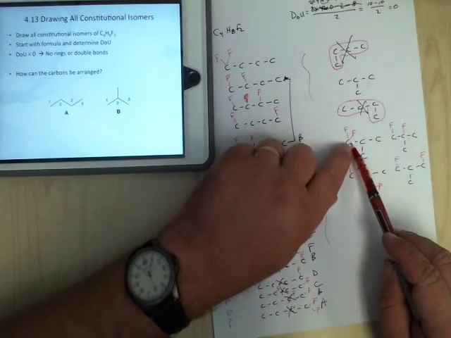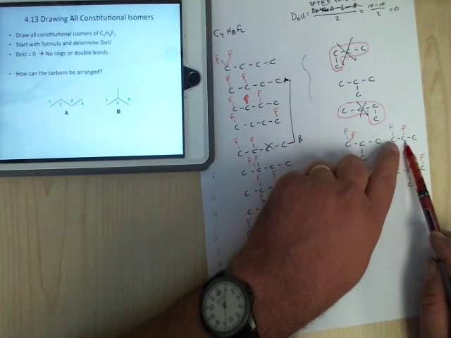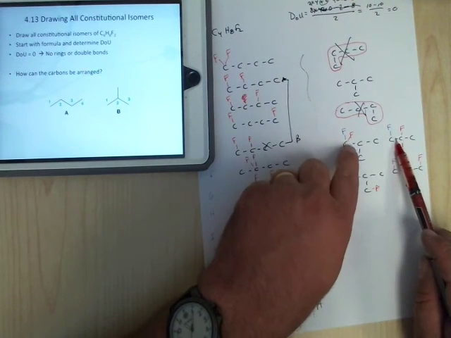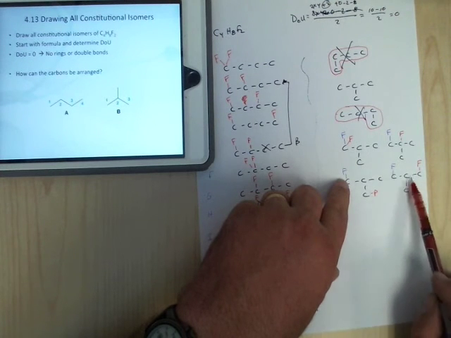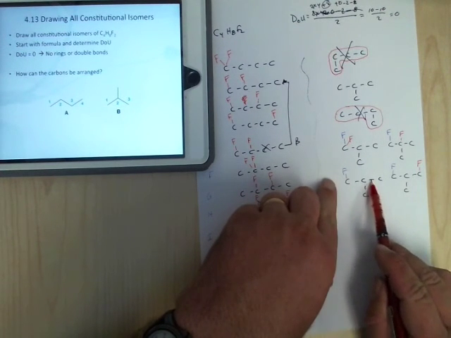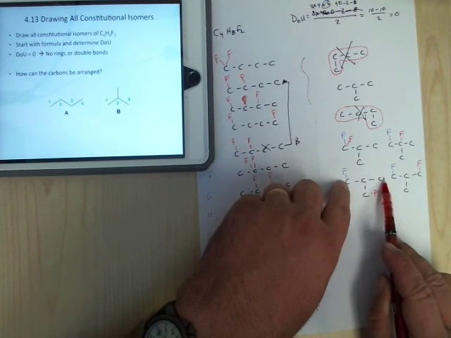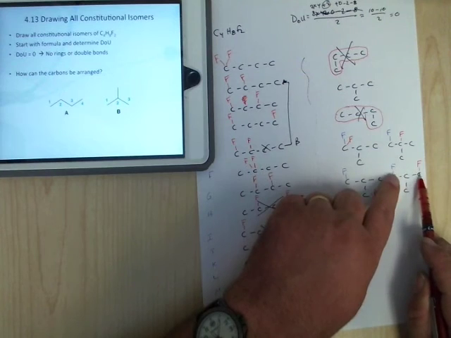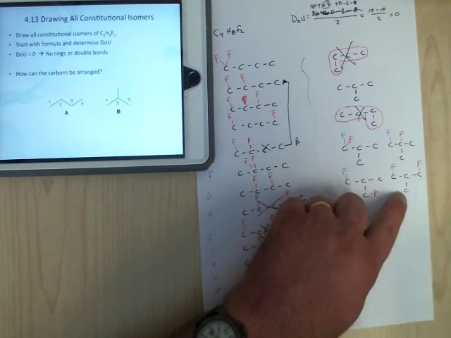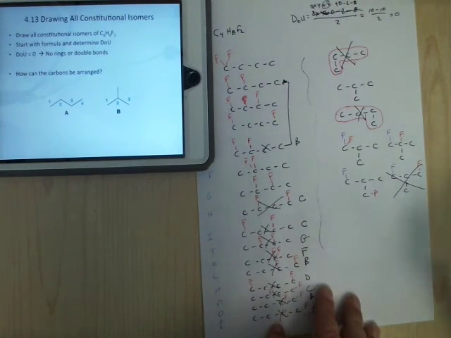Here we have both the fluorines and one carbon. Here we have them one next to each other. So that's okay, these are different. Here the problem comes with these two. If I do the main chain here, we have fluorines on the outside and a methyl on the inside. Well, if I just do the main chain like this, we'd have fluorines on the outside, carbons on the inside. So we don't need this one. The other option would be,